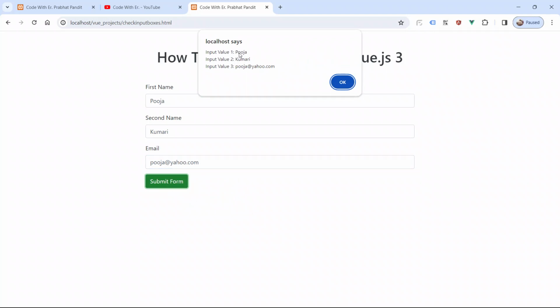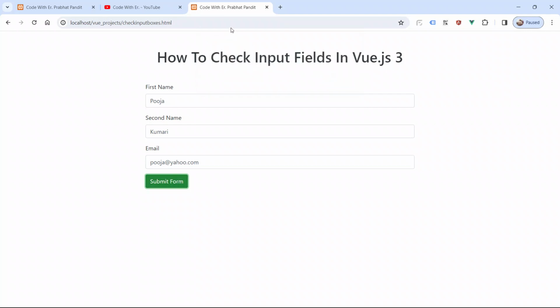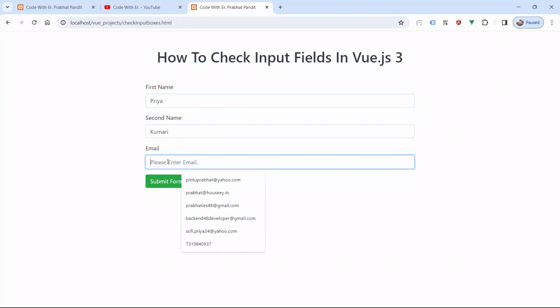Input value 1 as Pooja, input value 2 as Kumari, and input value 3 as Pooja@yahoo.com, which means our form has been submitted successfully without any issues. Click OK. Now refresh the page. I'll give first name as Priya, second name as Kumari, and email as Priya